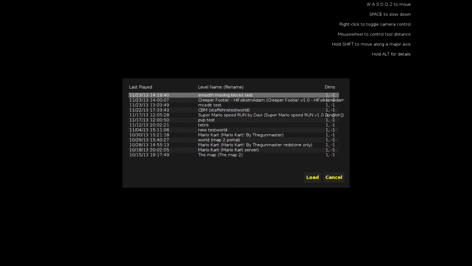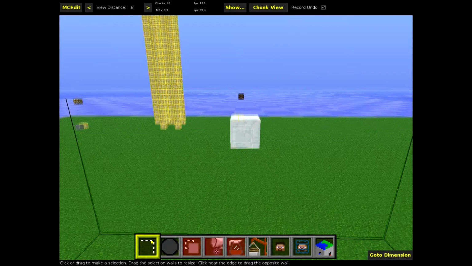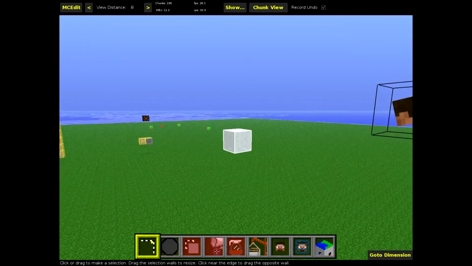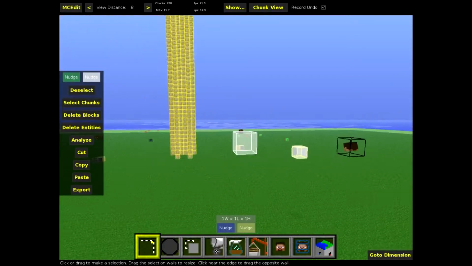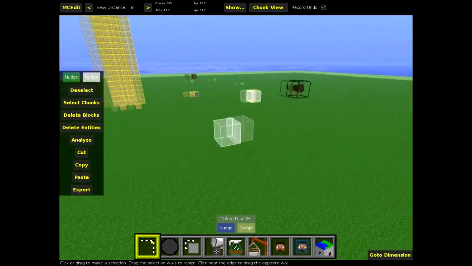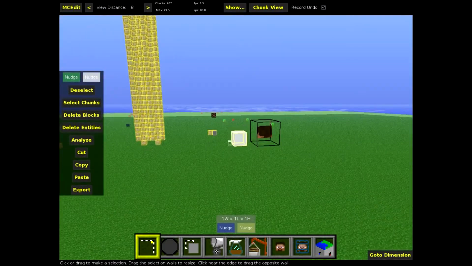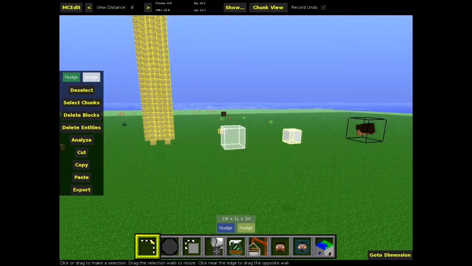So you basically first of all select the block you want to move. So this is its starting point, and now if we want to